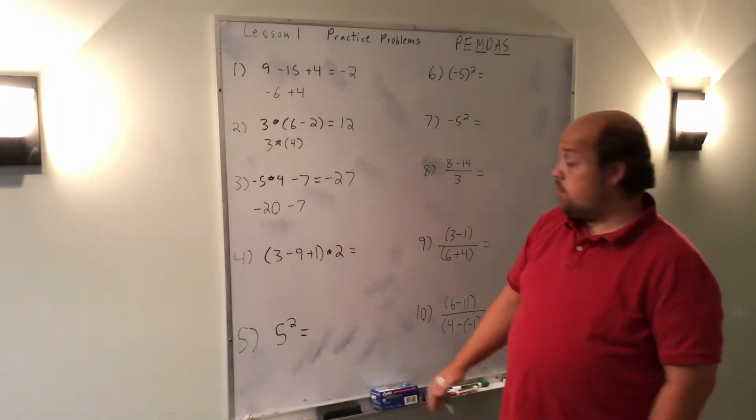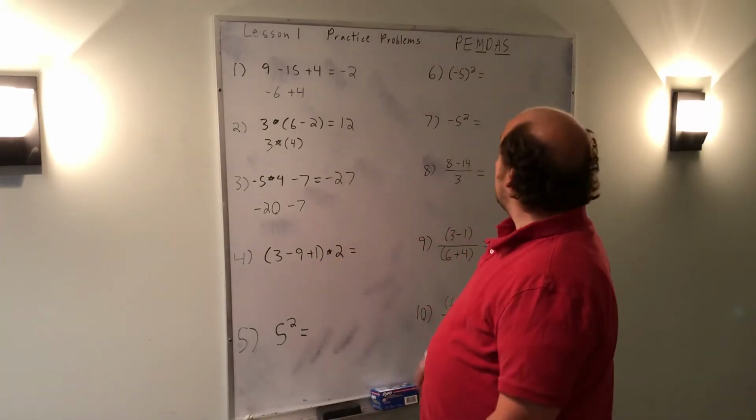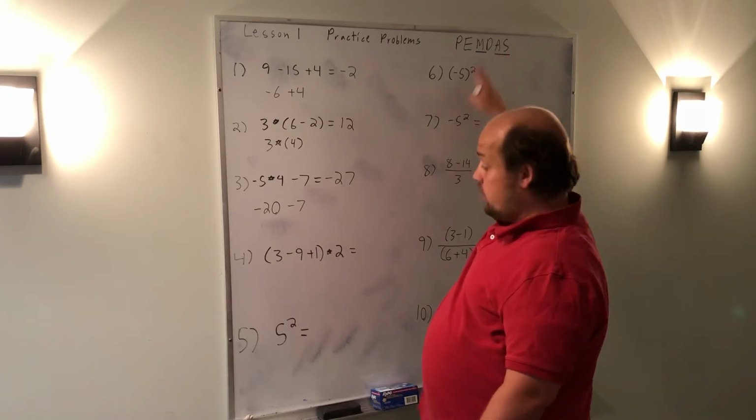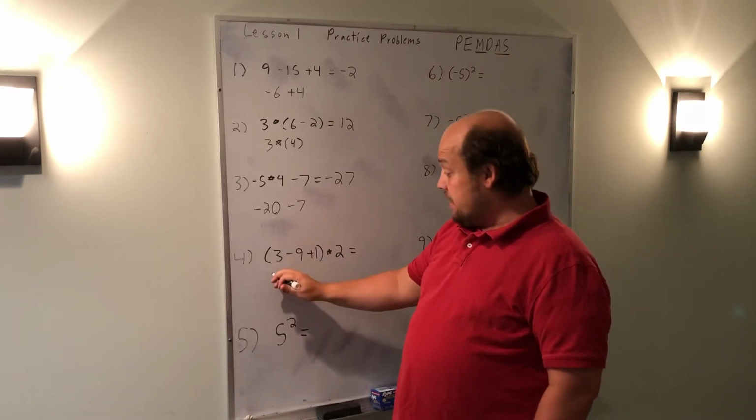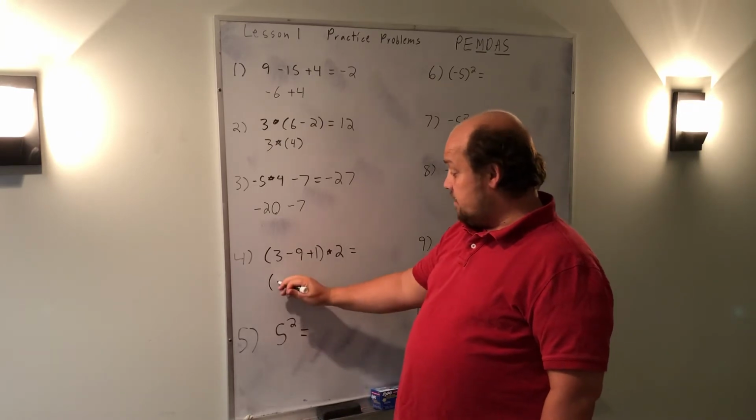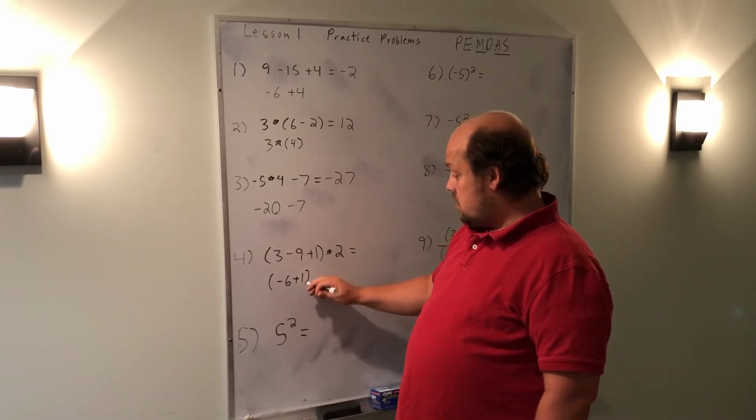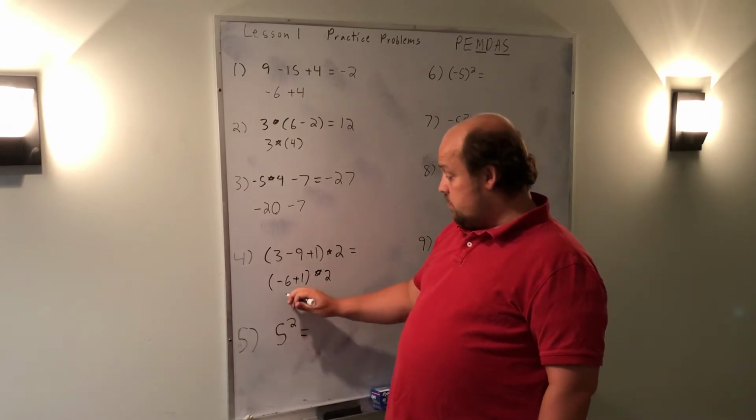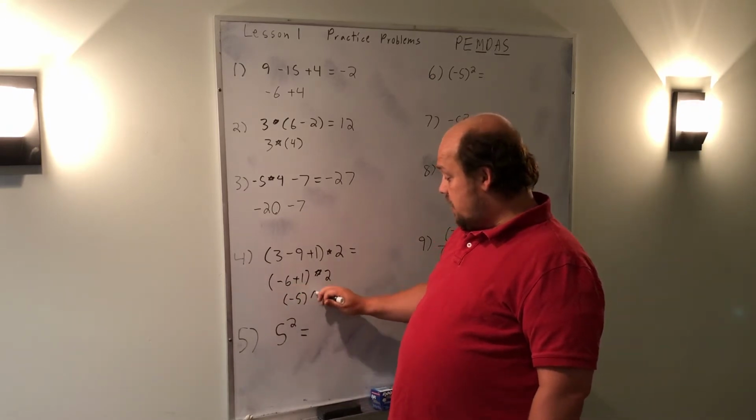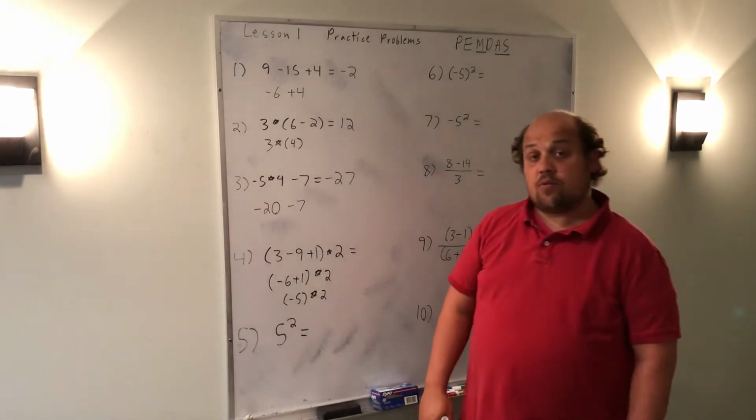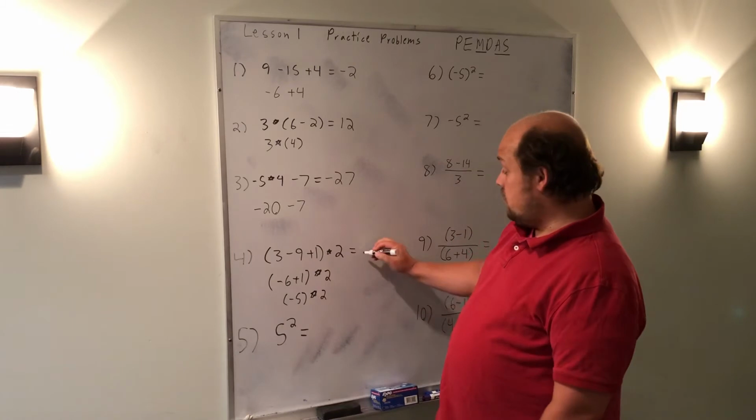In problem 4, we begin inside the parentheses. Once we're inside the parentheses, this subtraction and this addition are at the same level. So I can do it in either order, but basically, if I go left to right, 3 minus 9 gives me negative 6. Then negative 6 plus 1 gives me negative 5. When I multiply that negative 5, which is the result of the parentheses, times 2, it gives me a total